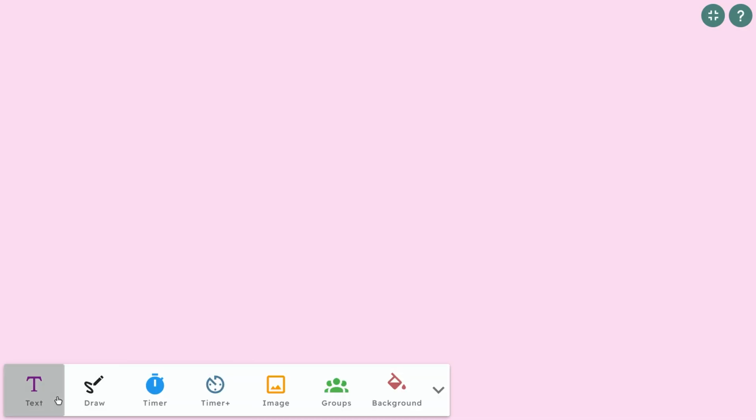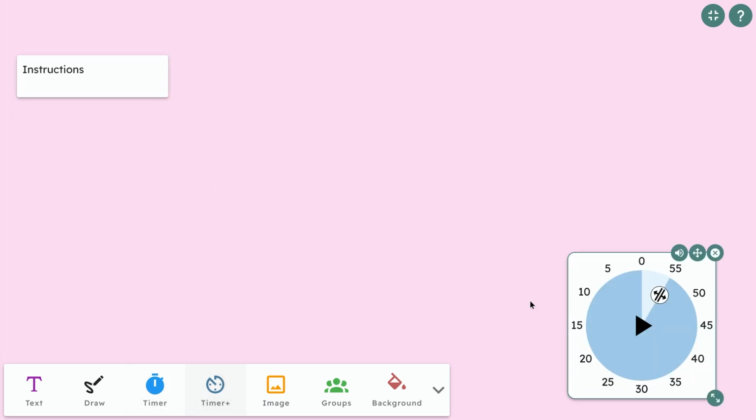And what I can do here is change, like, the background color. I can put some text anywhere I want, instructions, or, hang on, it's 20 minutes to lunchtime, or whatever it could be. And I can drag these text boxes anywhere I'd like and put timers on this board. Let's say I want my students to read something for 20 minutes. I click on play, and my students will see the time ticking down like this in a visual manner.